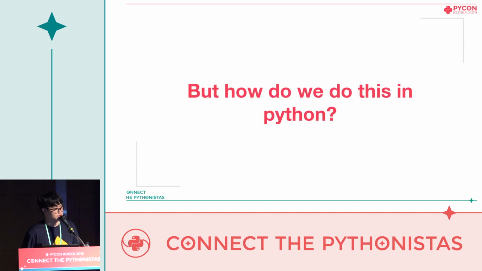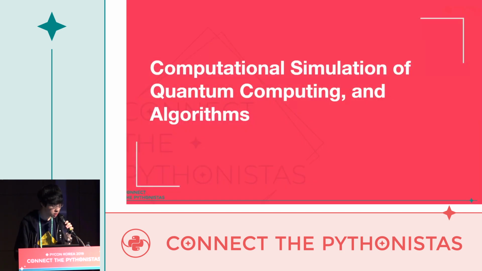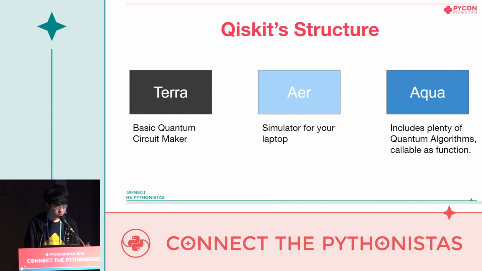So then, we just looked at some algorithms, and the question is, how would we do this in Python? Okay, then I'll explain how this can be done on our laptop. To use quantum algorithms, there are 2 options. First, you can take a bottom-up approach with each qubit and gate, reading the documentation of existing algorithms. Second, you can take a top-down approach using the built-in functions. Well, actually, I don't think we have to reinvent the wheel.